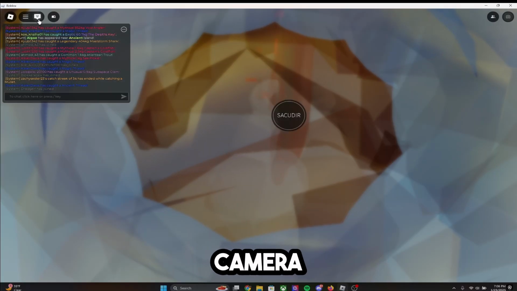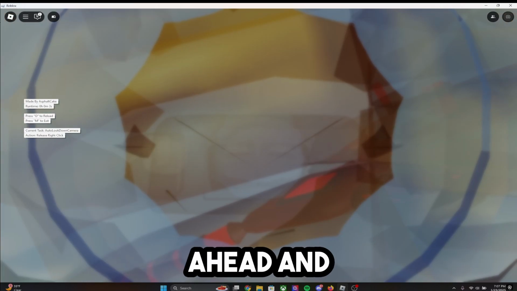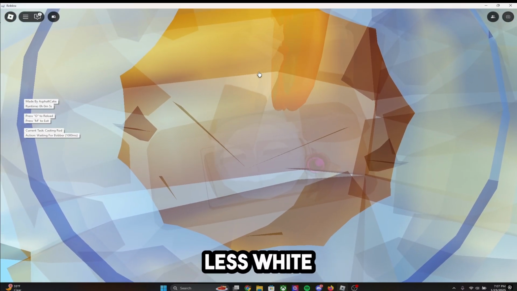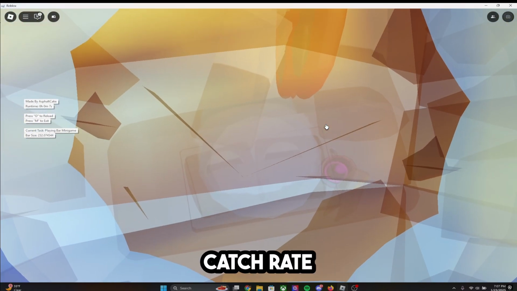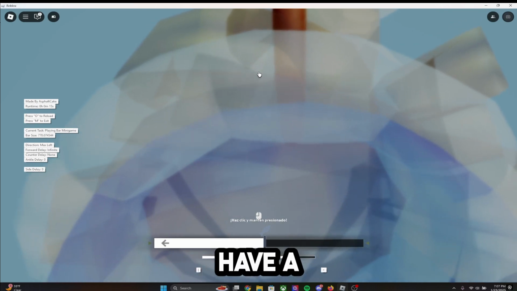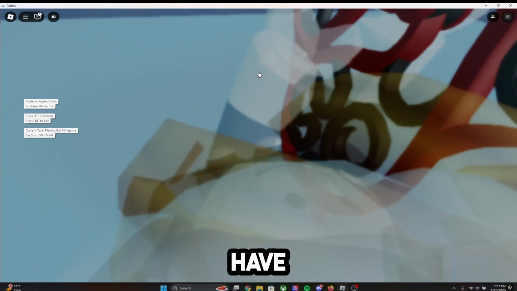So again, I forgot to put camera mode on, but I'm going to go ahead and start fishing, and there should be less white on screen, so we should have a better catch rate than we did before. It's better to have a bigger rod because obviously you're going to have a better catch rate,